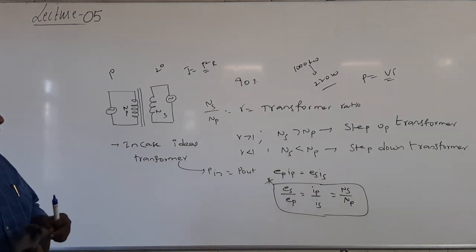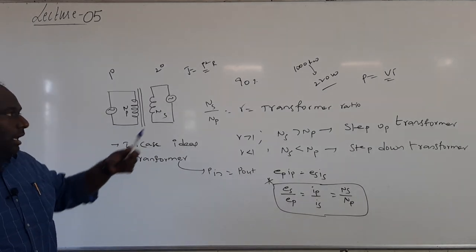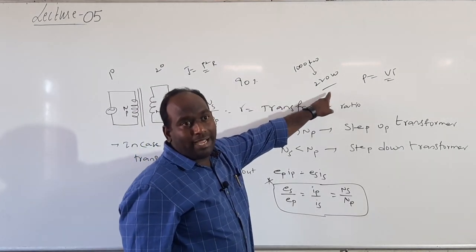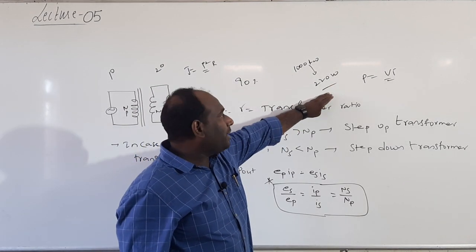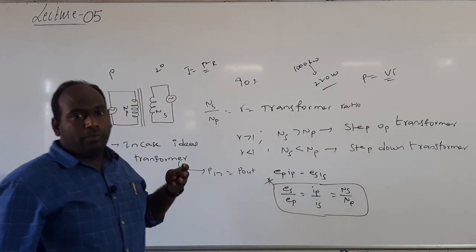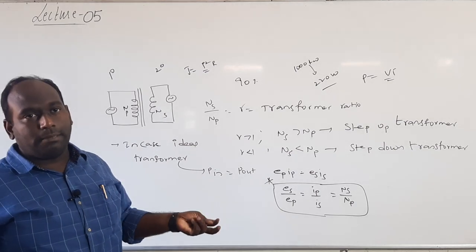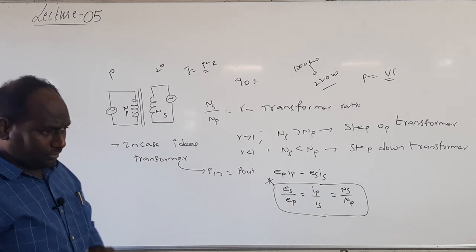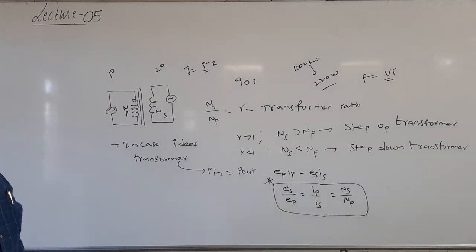According to our wish, from these 220 volts, our mobiles use 5 volts or 6 volts. Here we step down. If you need, we can step up. If we reduce the voltage, we step down. By using these transformers, we can alter the voltage of a given AC. So this is the application of transformers.